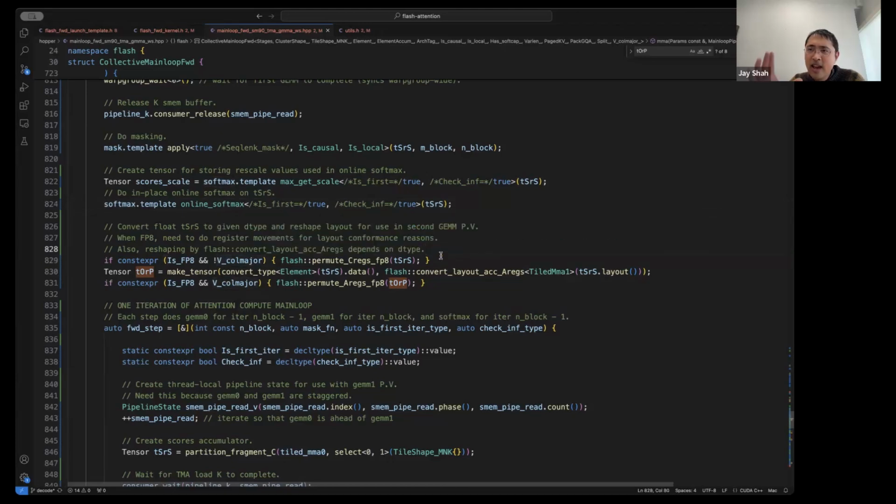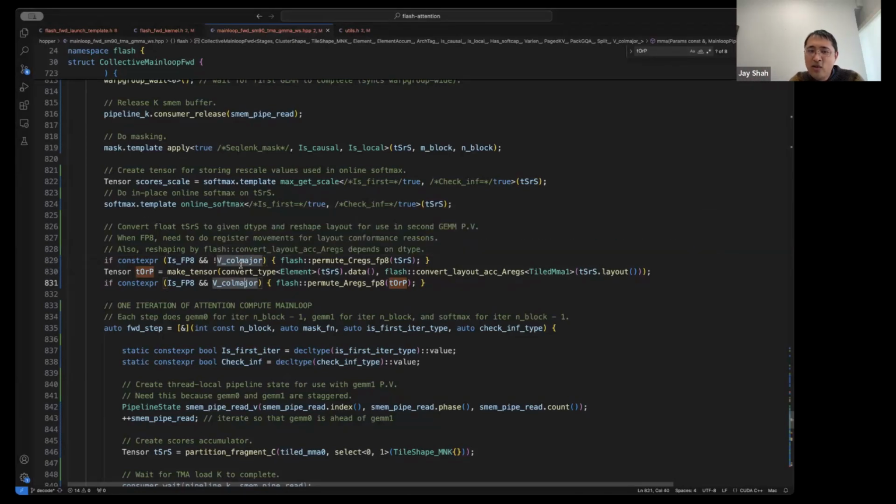Then I have to take S, which has now been converted to P, and prepare it to be used in Gem 1. And that preparation involves the following. If I'm FP8, I have to do some register movements. That's handled by these two methods here. That depends on whether I had to do an in-kernel transpose of V. I have the option of doing an offline transpose, as a pre-processing step.